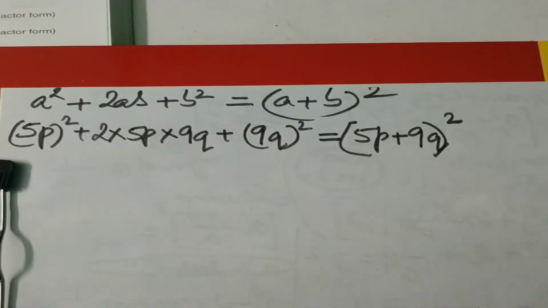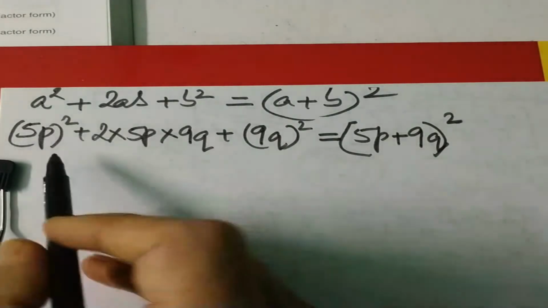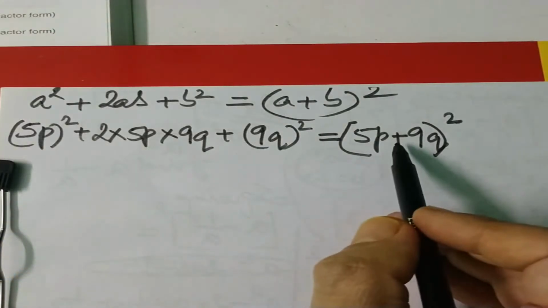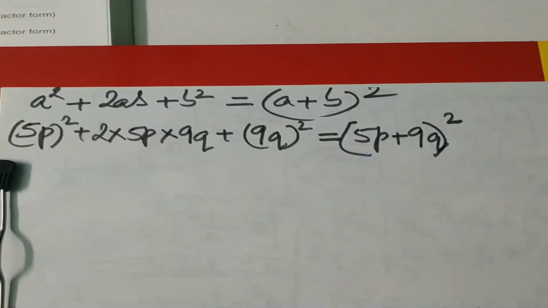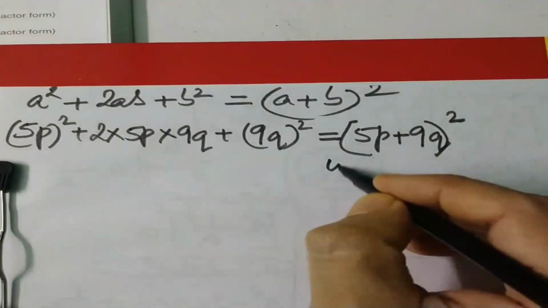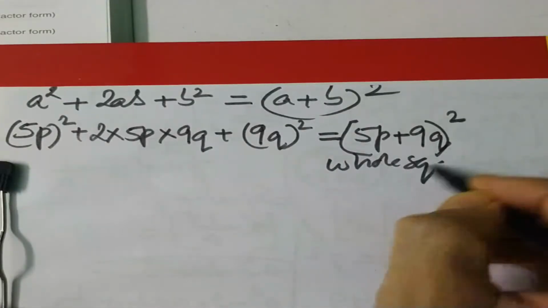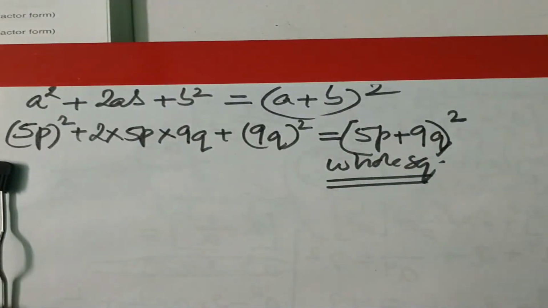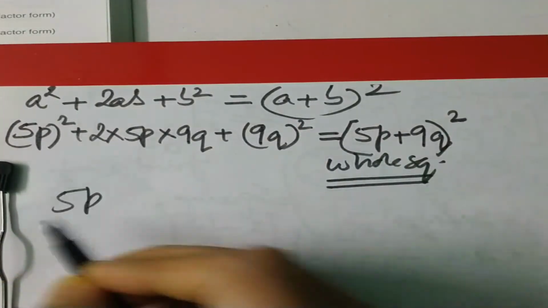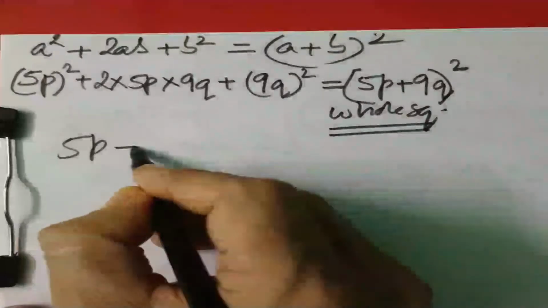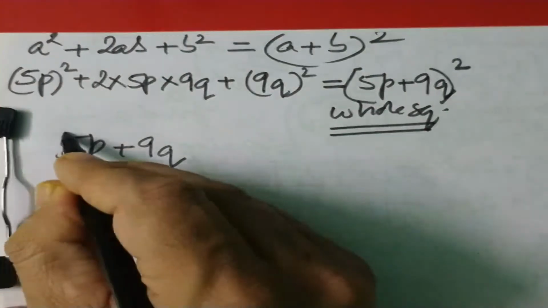You can replay it again to watch and understand what has happened. So this was the question. I have to write it like this, and this is what they want. The question says, see question number 6, it says express as a whole square. I have written it as a whole square. So first I have to write it as a whole square and then find the value in this. So 5p plus 9q is a whole square,